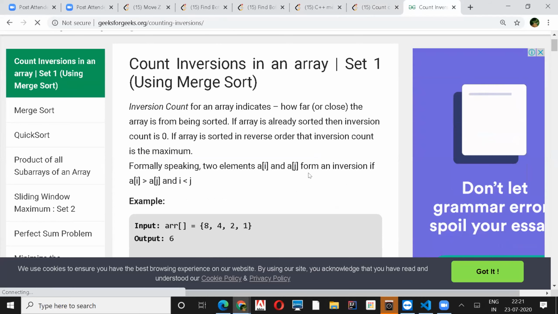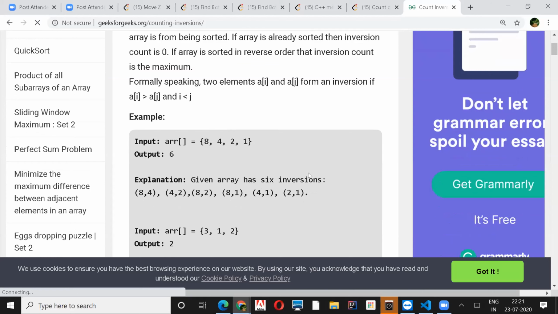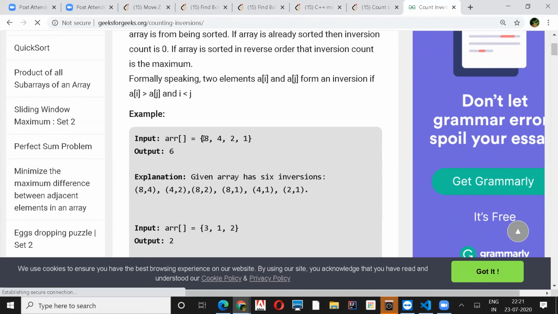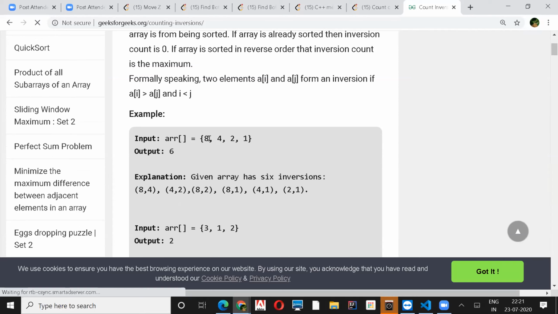So here you can see 4 is smaller than 8, but your jth index is greater than i, so this is one of the inversions. Actually, the element after the ith index should be smaller than the previous one. Yeah, makes sense.